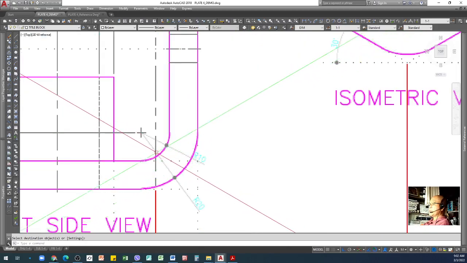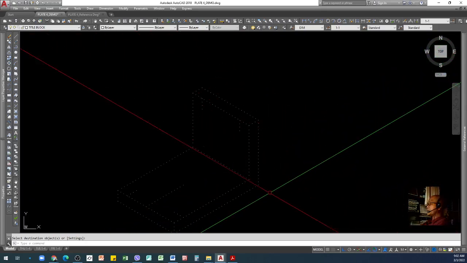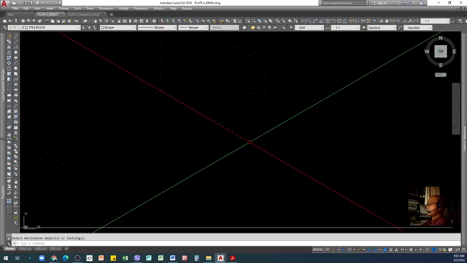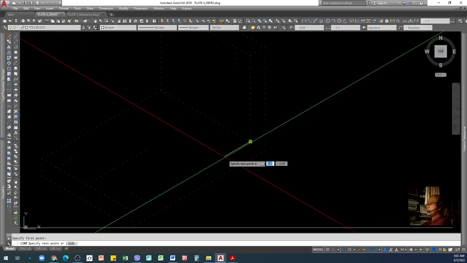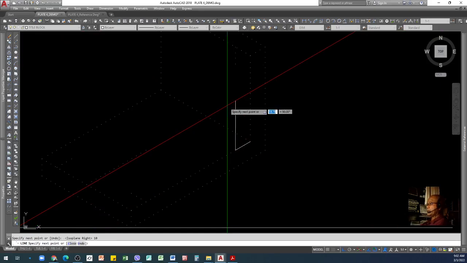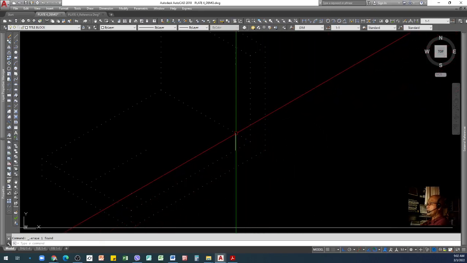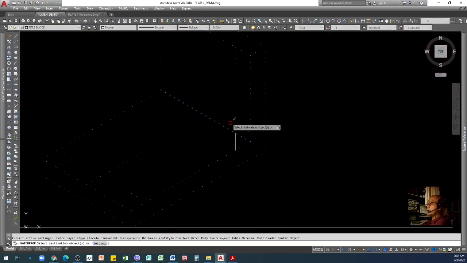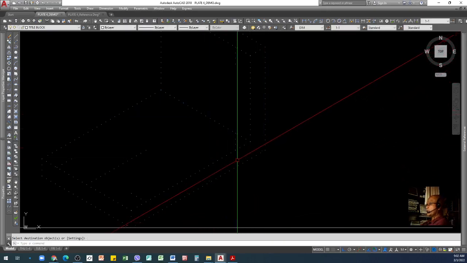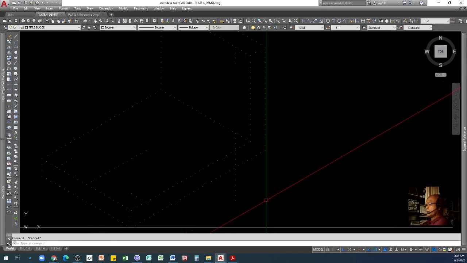So the dimension inside the arc is 10 and outside is 20. So click here 10, and then you go up by 10. We don't need this one, we only need this. Just remember, take note about that. And then 20, so 20 is also from here to here, so this one will go down like that. That is our guide.